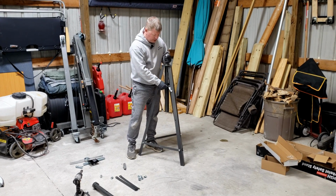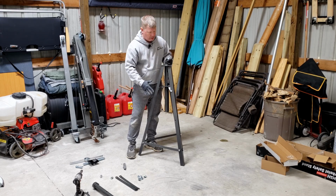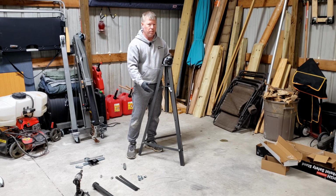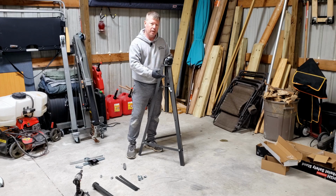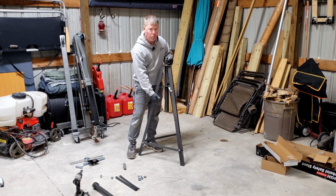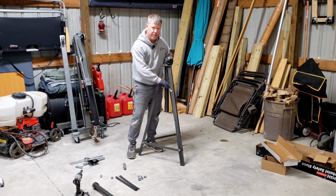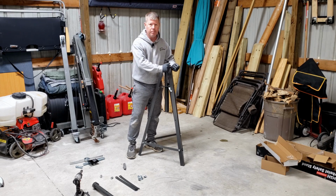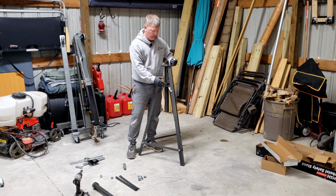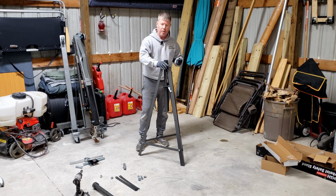Now, I've got this center beam, the brackets in place here. The instructions will want you working from the bottom up, but if you put in the center support braces that we have still on the floor here, then you really don't have any flex to be able to get this in here. You really have to be able to maneuver it, get a bolt in, maneuver it until they're all in and tightened up, and then move up to the actual piece here